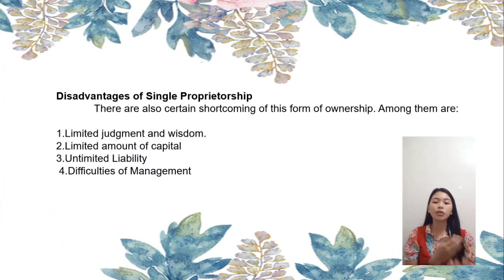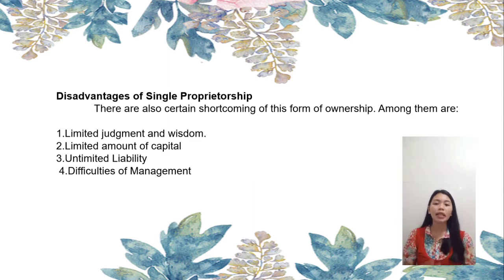So there are also disadvantages of single proprietorship. There are certain shortcomings for this form of ownership. Among these, first is limited judgment and wisdom. The owner's judgment may not be sufficient to promote the business because he or she is alone. Two or more heads might be better than one. The number of tasks and their complexity may become too much for one person to handle as the business